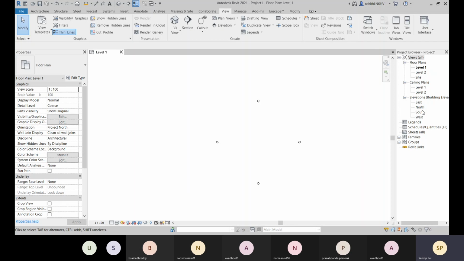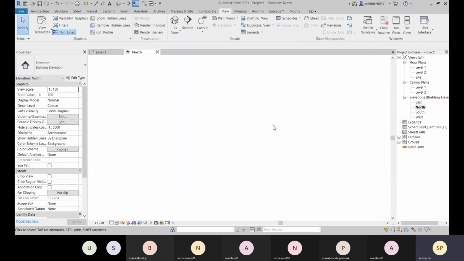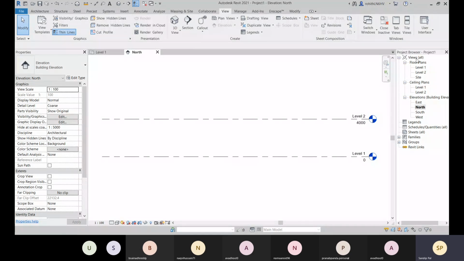So let me choose any elevation, and there you see that we have these two default levels, and in each level we have our plan views. So everything is organized within this project browser, and you can dock it like this here.